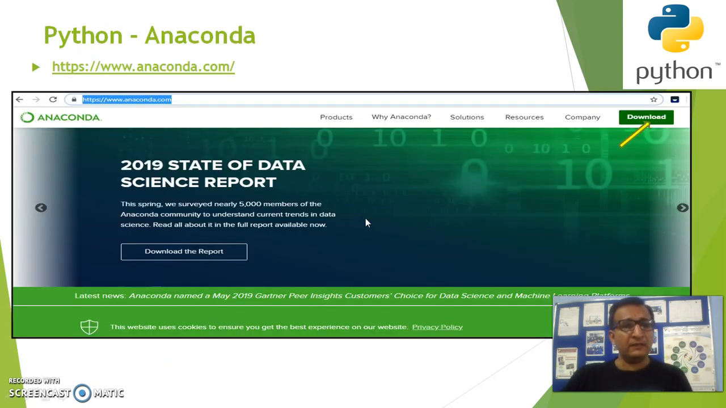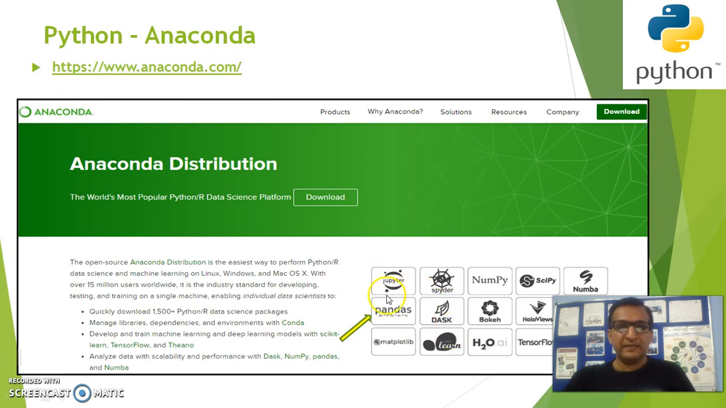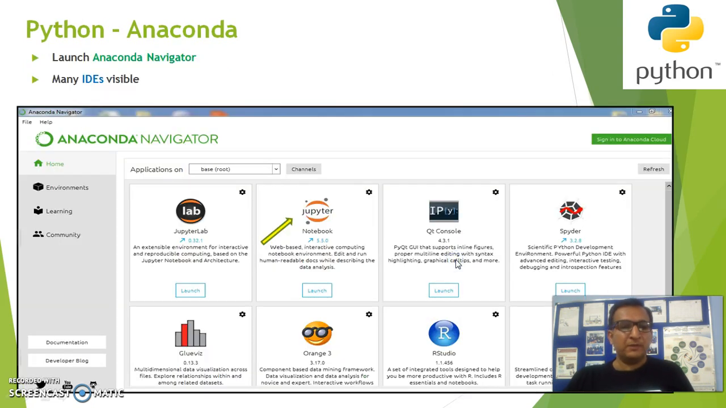In order to use Anaconda, we visit the site anaconda.com and press the download button here. As we press here, we can see many tools. Jupyter and Spyder are basically editors to type your Python code. We can run them on a real time basis to get output, and Pandas, Matplotlib, SciPy, NumPy, everything we can see. So when we go to Jupyter, as we launch Anaconda,